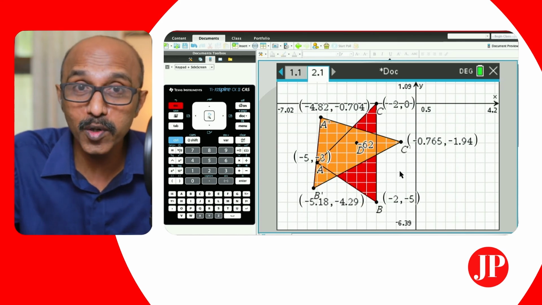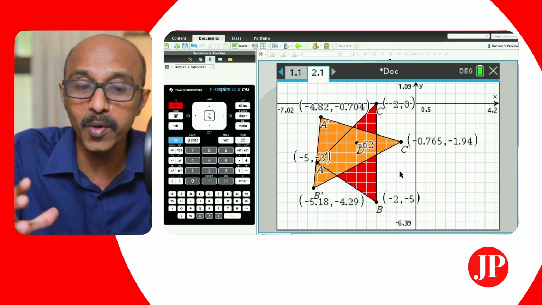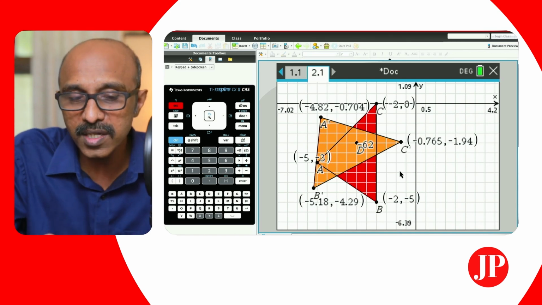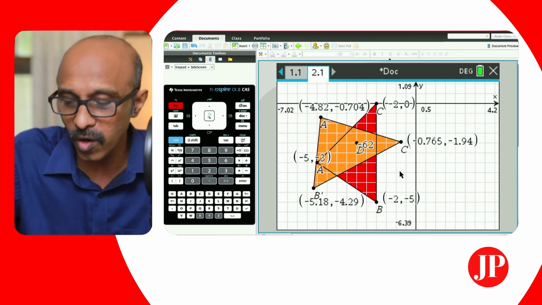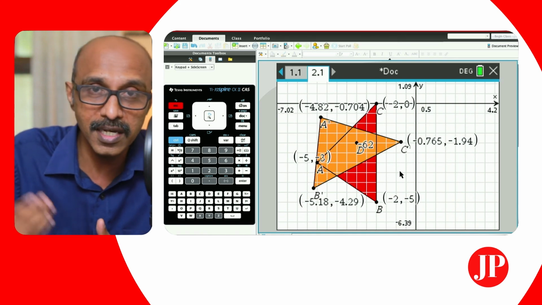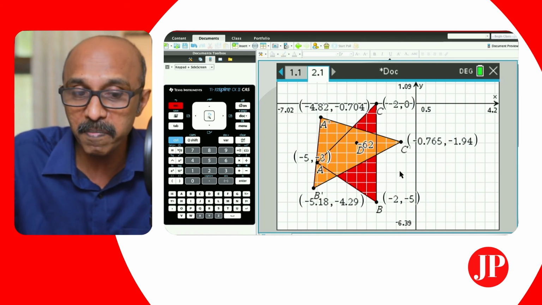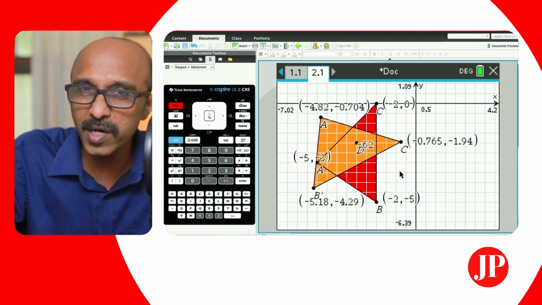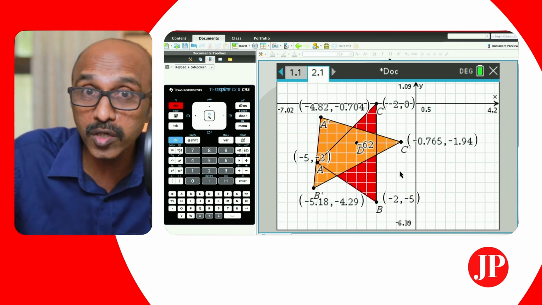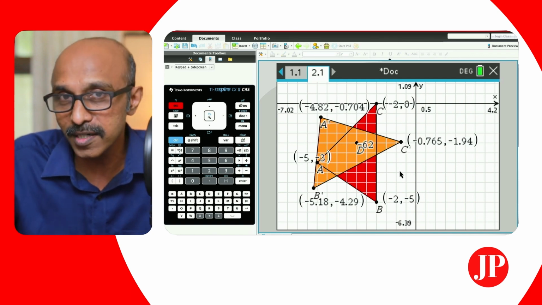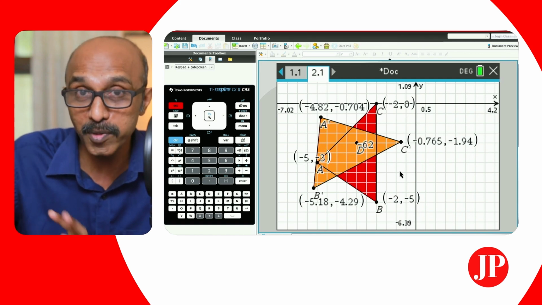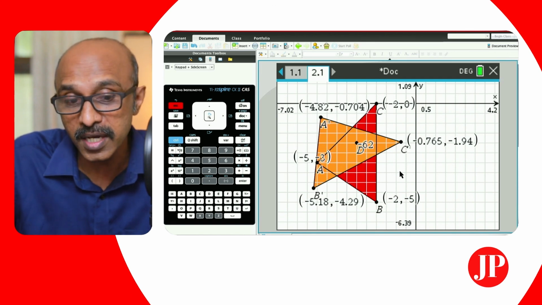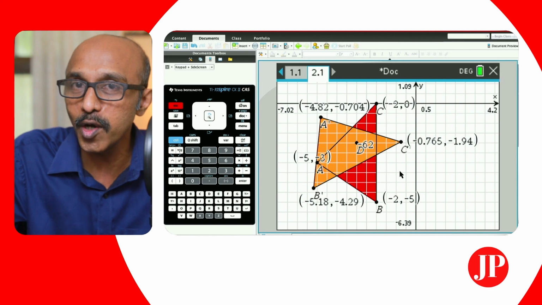And like I said in the earlier video also, if you're allowed to use the calculator in all its glory, meaning there is no restriction, no press-to-test restriction, then you can use this option and do your work here and just copy it down on your grid, okay? Because whether it's a test or the IGCSE exam, you need to do it on paper. So it's not like taking a screenshot, but this really helps. You can do this to check your work, whether you've got your rotation correct, because when you show it on paper, it needs to be with the protractor and the ruler and all the proper geometrical instruments. So this is just a way to check your answer, if the calculator is not on press-to-test mode.